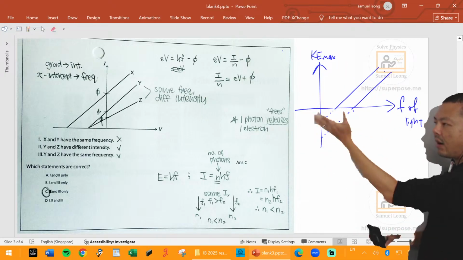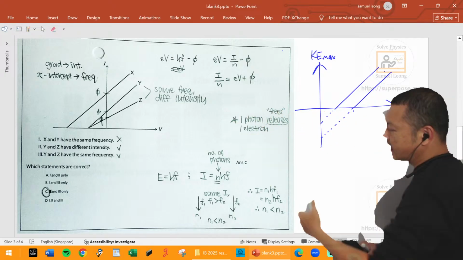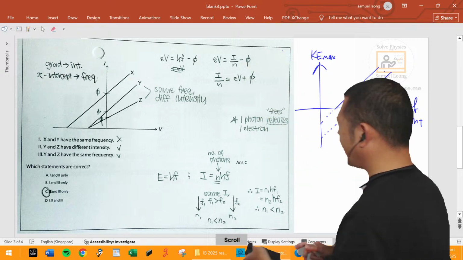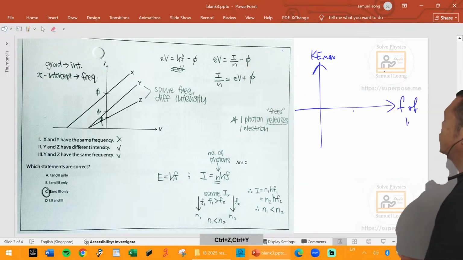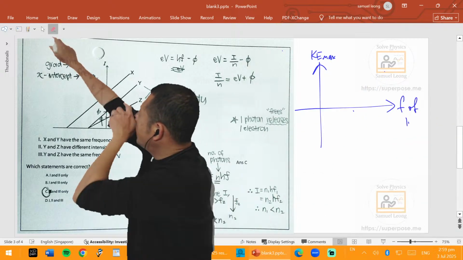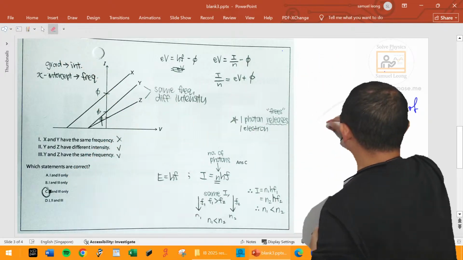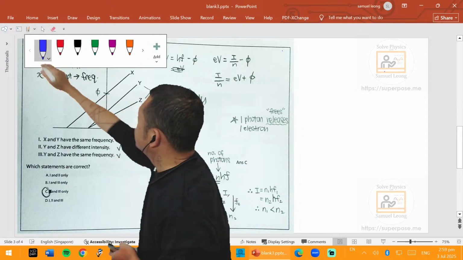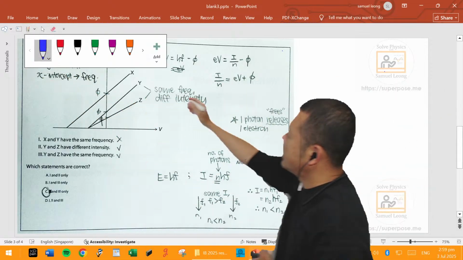Anyway, this is the wrong graph. This is not the graph they're talking about. They're talking about the IV graph. So I go back to the IV graph, sorry. How should the IV graph look like? The original one, Laura? It should look like the curve that I showed you just now.